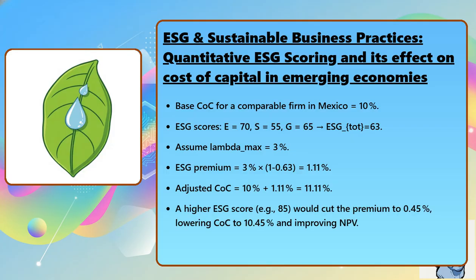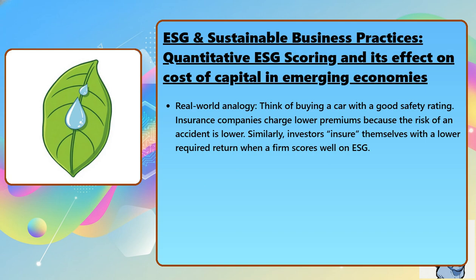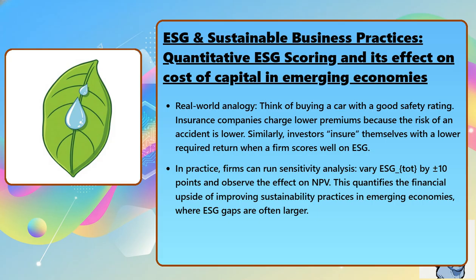A higher ESG score, for example 85, would cut the premium to 0.45%, lowering cost of capital to 10.45% and improving NPV. Real-world analogy: think of buying a car with a good safety rating. Insurance companies charge lower premiums because the risk of an accident is lower. Similarly, investors insure themselves with a lower required return when a firm scores well on ESG. In practice, firms can run sensitivity analysis, vary ESG total by plus or minus 10 points, and observe the effect on NPV. This quantifies the financial upside of improved